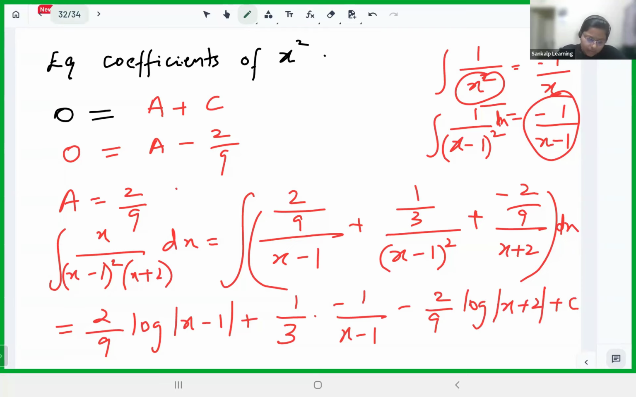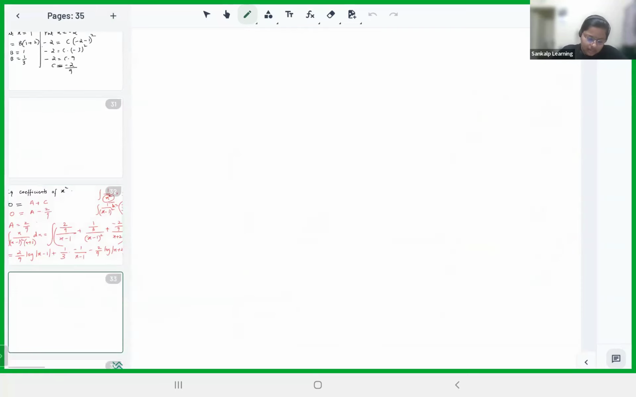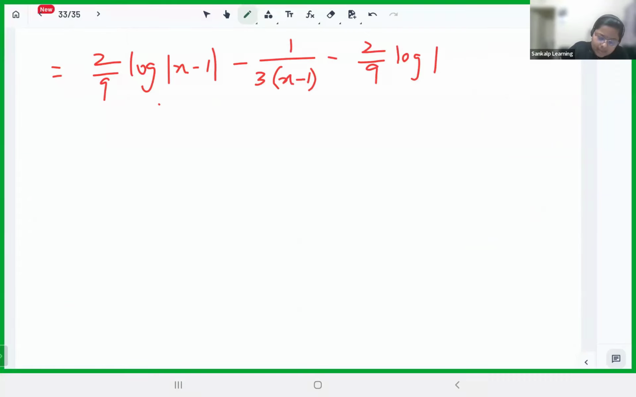Okay, now you can group it and write it as 2 by 9 log mod x minus 1 minus 1 by 3 into (x minus 1) minus 2 by 9 log mod x plus 2 plus c. Okay, so this is the answer for that particular question. And now